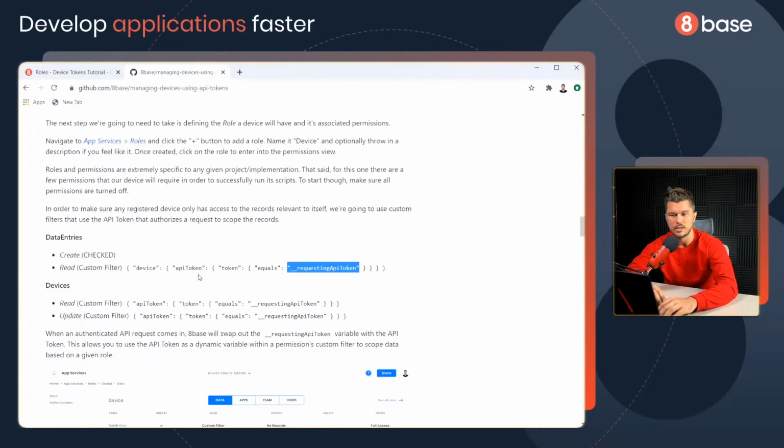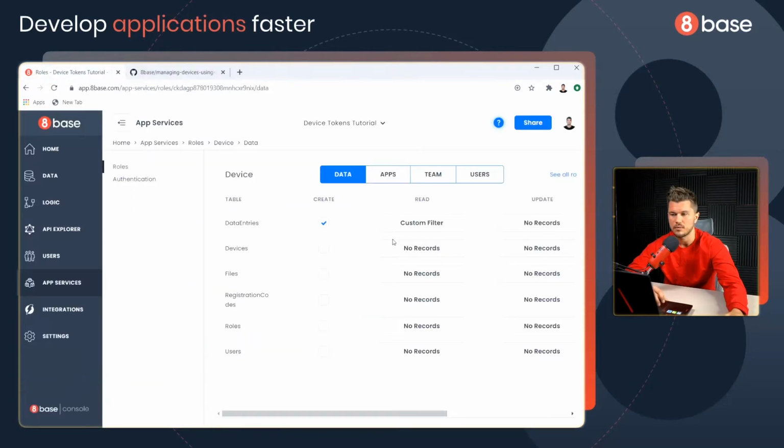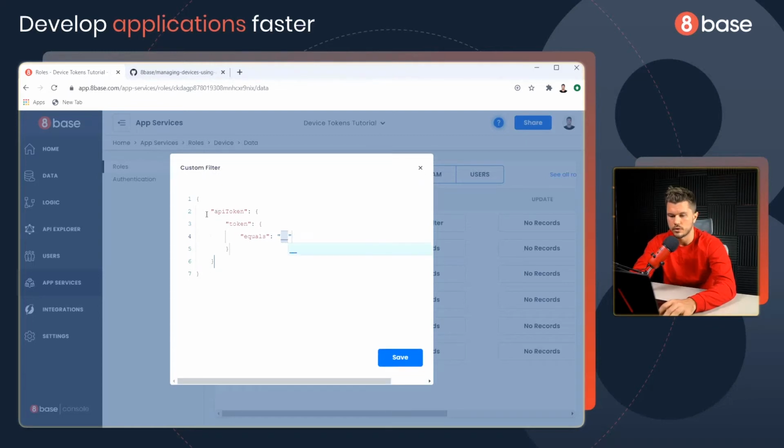Now we can go back to here and see that, okay, well, when it comes to reading devices, or excuse me, when it comes to the devices table, which records does the device have access to? In this case, we only want to give it access to itself. So what we're going to do is we're going to go back in here and for read, do a custom filter. And now that we're on the devices record, we know it has an API token. We know that API token has a token. And then we know we want it to equal the underscore requesting